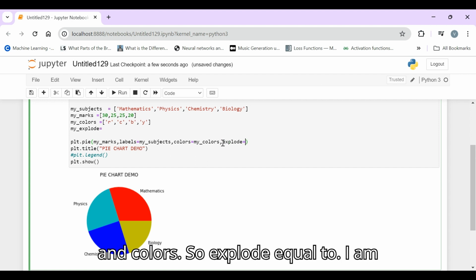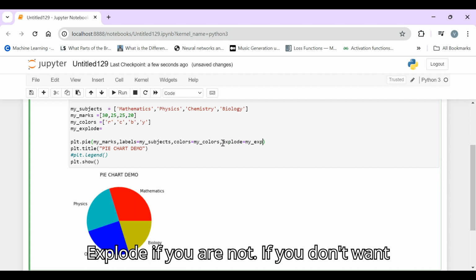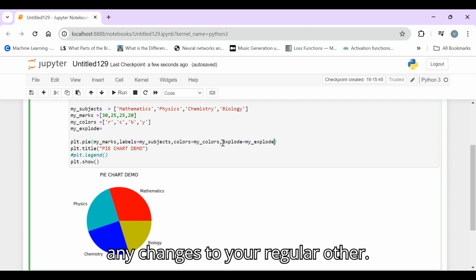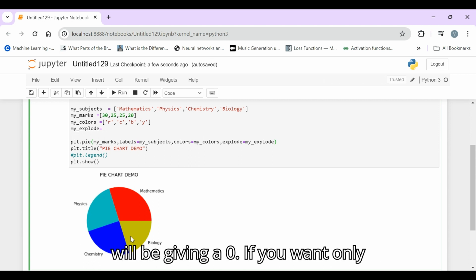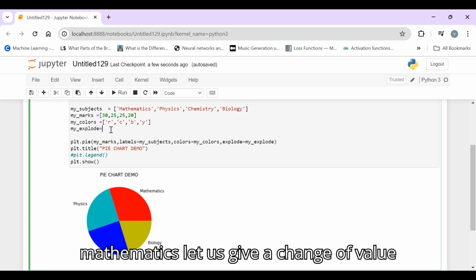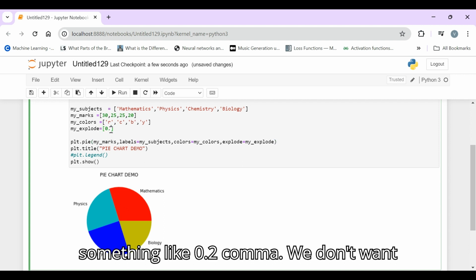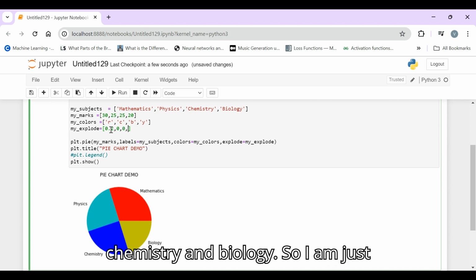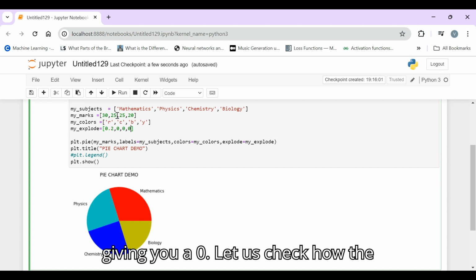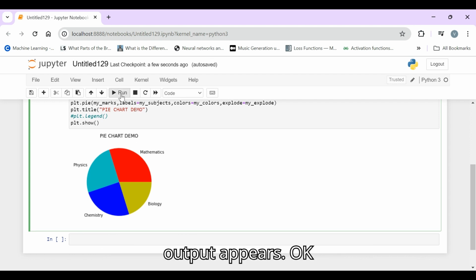So explode equal to my underscore explode list. If you don't want the other segments to be disturbed, I'll be giving a 0. If you want only mathematics to change, let us give a value like 0.2, comma, and I don't want to disturb physics, chemistry and biology, so I'm just giving zeros. Let us check how the output appears.